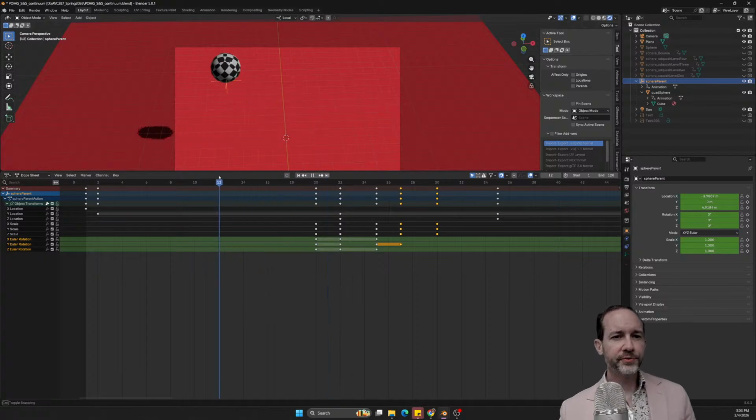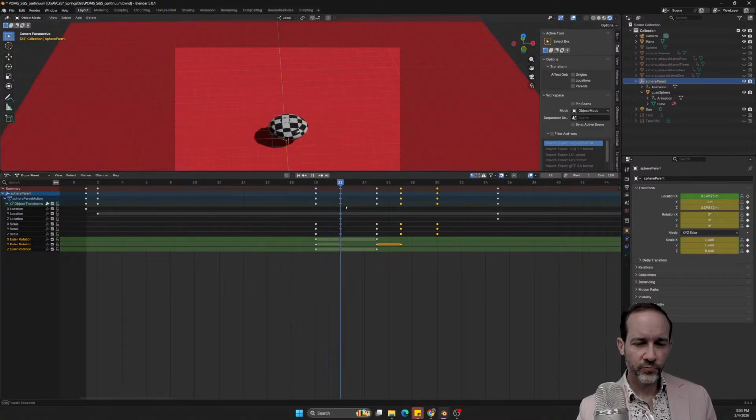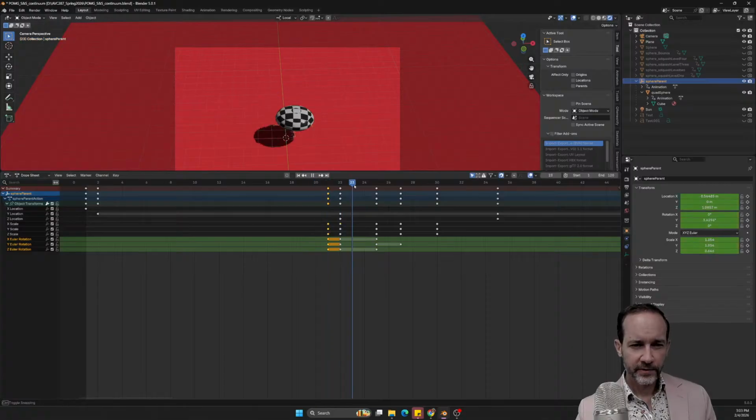And depending on what you want to do here, the same thing could happen as we're going in this direction. So here's the squash. Again, this is what's happening right before we hit the ground there.